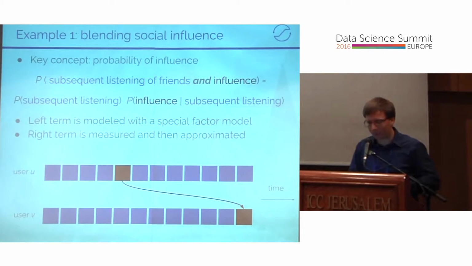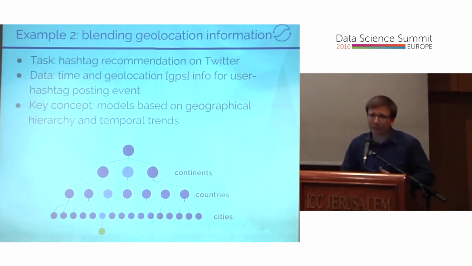The next example is hashtag recommendation on Twitter, where we used geolocation information to improve the performance of traditional matrix recommender system models. Again, we had the temporal settings. Users post about different hashtags on Twitter, and you can also measure the geolocation, the actual position of the user. And the task was then to somehow use this geolocation information to improve the models that we use for recommendation for the users. This is what we have done. And on the figure, you can see the concept of this.